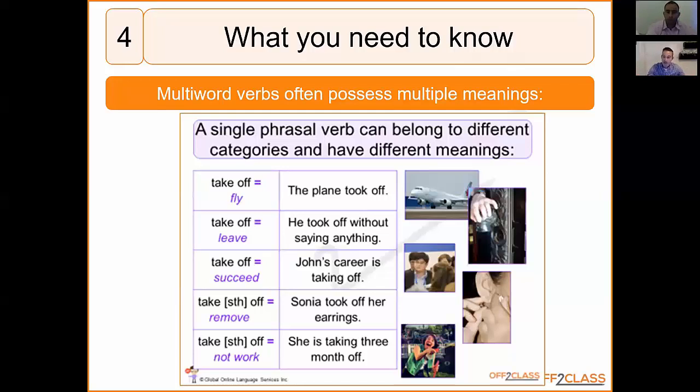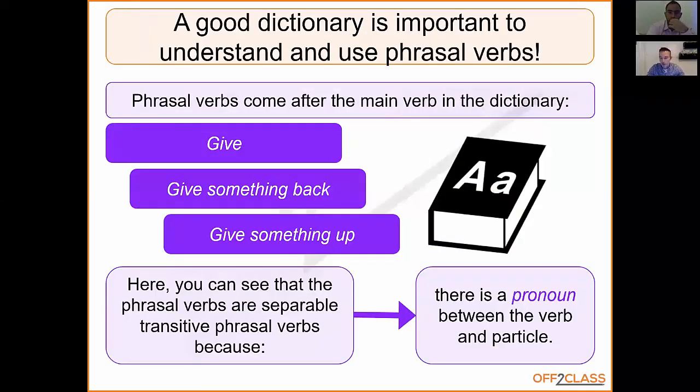Okay, as I mentioned before, it's vital for a student to have a good dictionary. I believe at this point, although everything I do, I try to do online and in digital form, I am yet to come across a great online dictionary for use in understanding how to use phrasal verbs. So if anybody can share that, that would be great. Otherwise, I would still advise that the Cambridge Advanced Learners printed edition is a good one to start with.